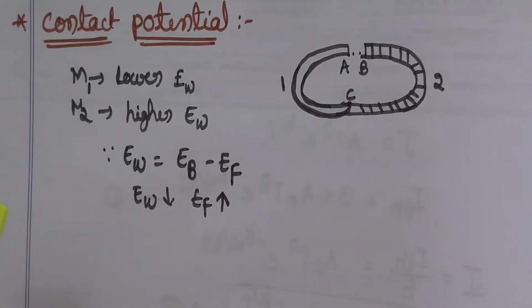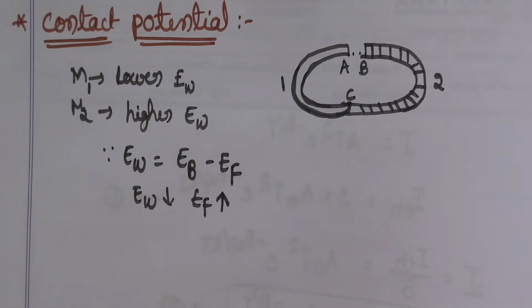Flow of electrons from metal 1 to 2 will continue until metal 2 has acquired sufficient negative charge to repel extra new electrons. EB value will be almost the same for all the metals, but EF differs significantly. In order that the Fermi levels of both the metals are at the same level, the potential energy difference EAB,